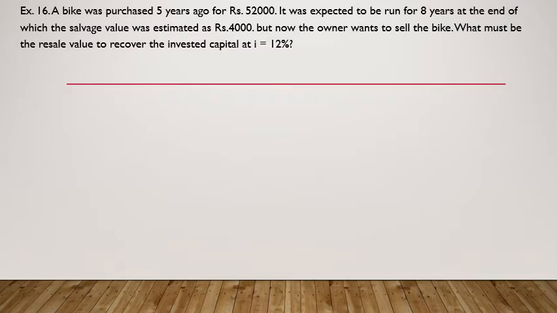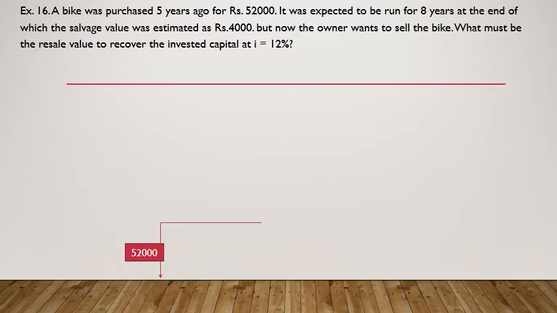Now what is estimated: if I had waited till 8 years, it would have given me 4,000. If I sell it at the end of the fifth year itself, can I sell it at 4,000 itself? Wrong. I cannot sell it at 4,000. 4,000 is the amount I am expecting at the end of 8 years. I have to sell it at a higher price so that I can justify my resale at the end of 5 years. At what minimum price should I sell at the end of 5 years so that this pre-resale can be justified?